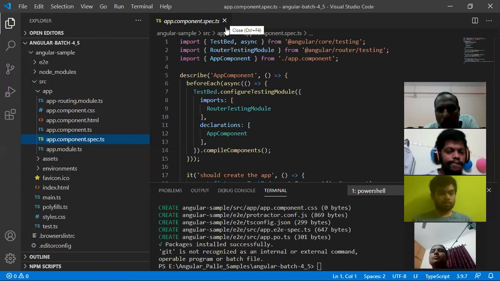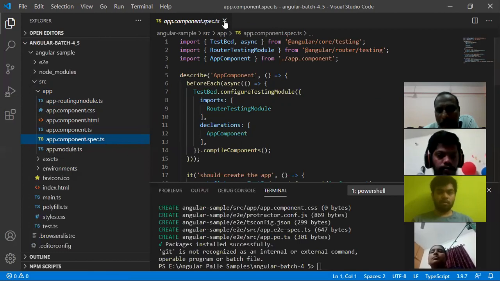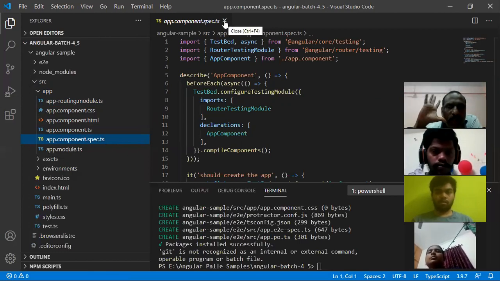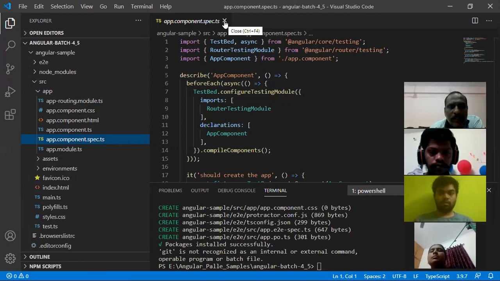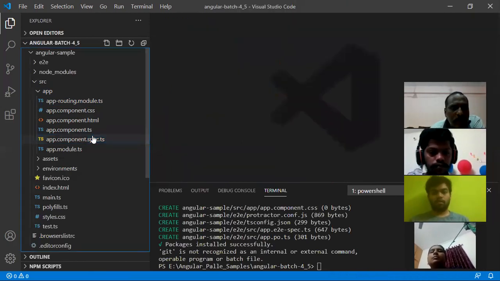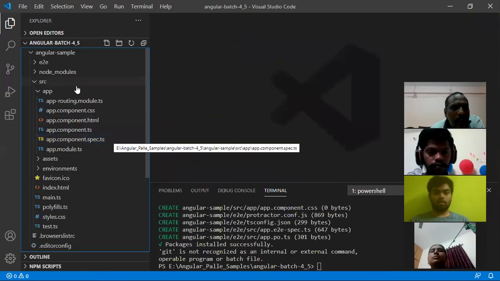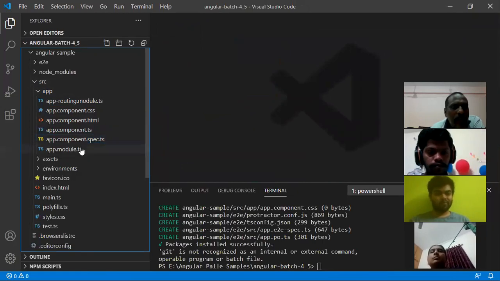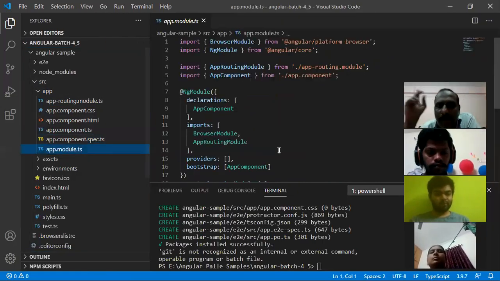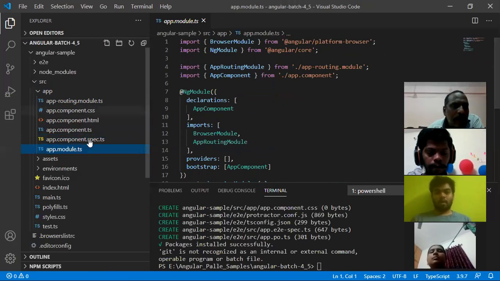As part of our course, we are not going to talk about unit testing. Our concentration is only on how to make Angular applications, so don't bother about the spec.ts. And there is one more file called app.module.ts. These are the predefined files present in your Angular application.